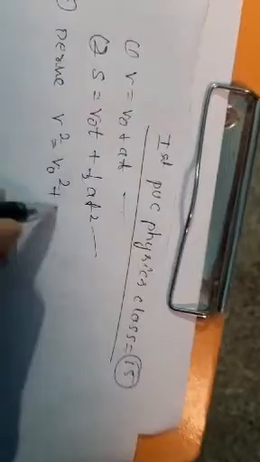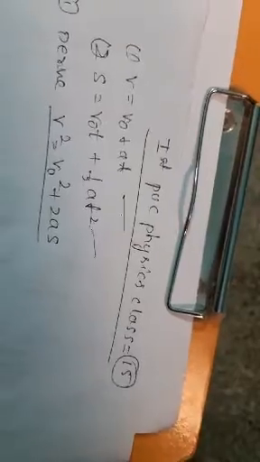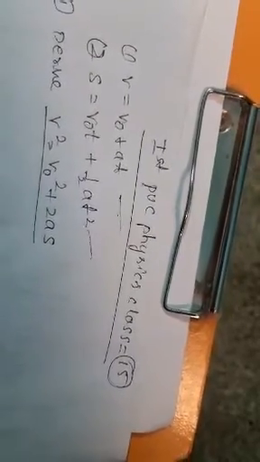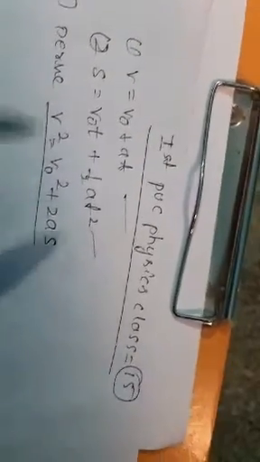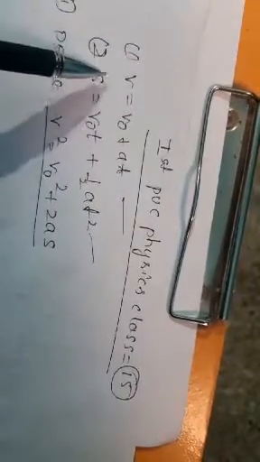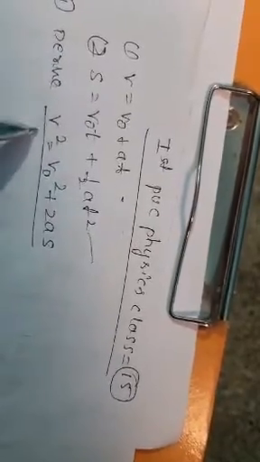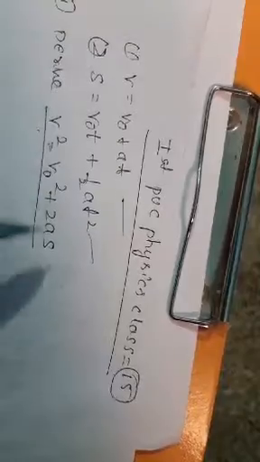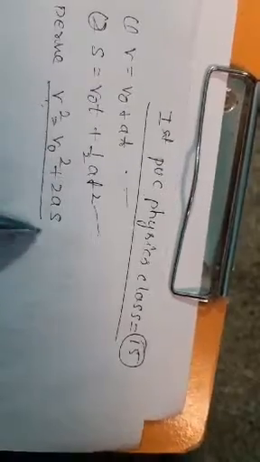Today we discuss the third equation, that means deriving the third kinematic equation, V square is equal to V naught square plus 2AS. That means there are three kinematic equations for motion along a straight line with uniform acceleration. One is the velocity equation, the second is the displacement equation, and the third is the final velocity equation: V square is equal to V naught square plus 2as.